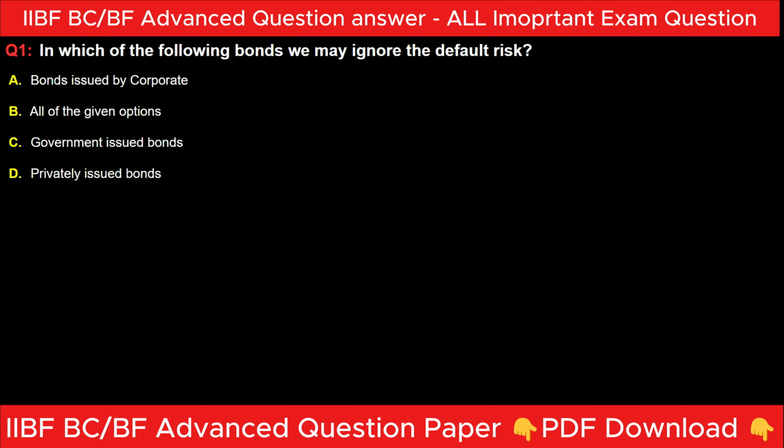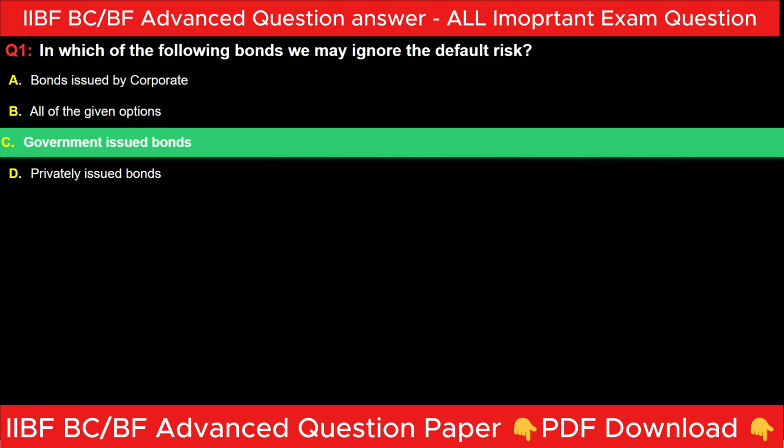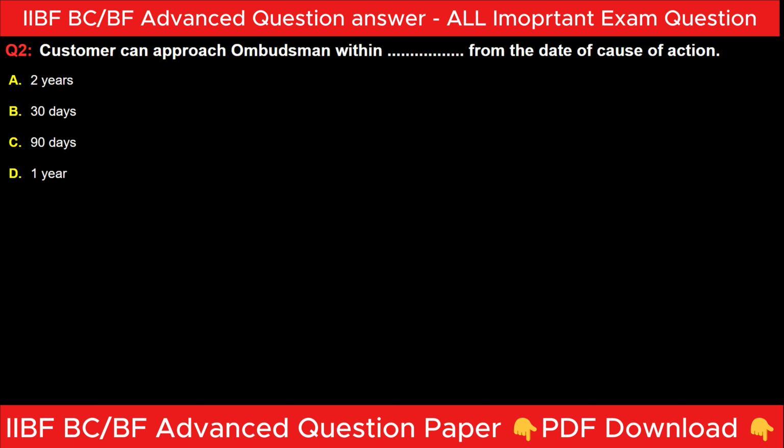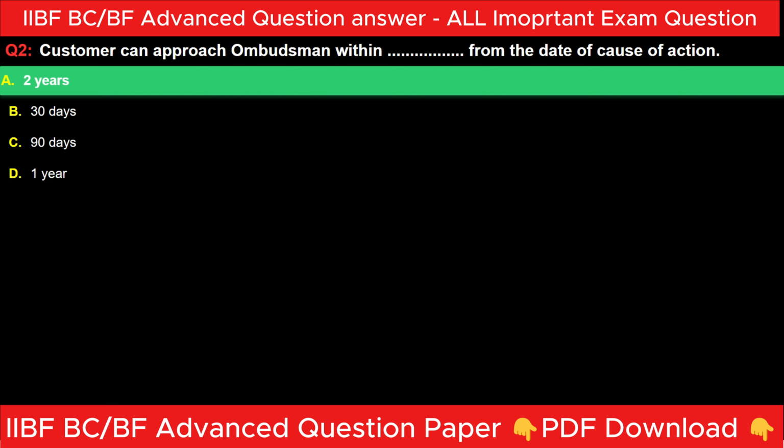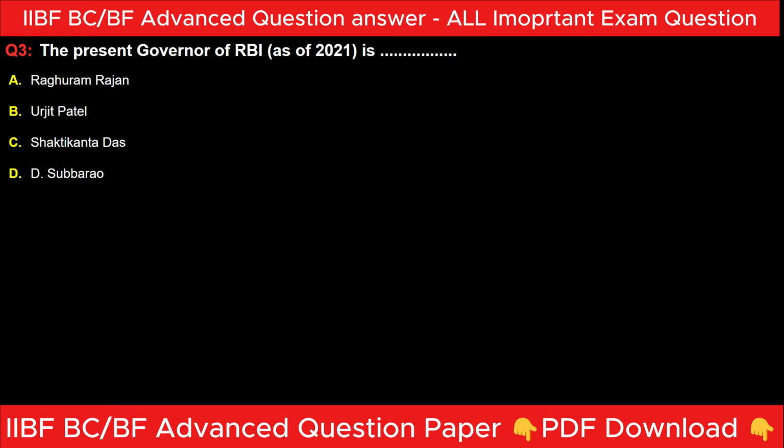In which of the following bonds may we ignore the default risk? Government-issued bonds. Customer can approach Ombudsman within from the date of cause of action. Two years. The present governor of RBI as of 2021 is